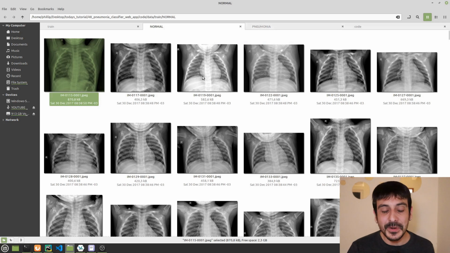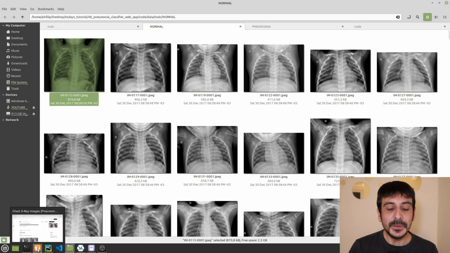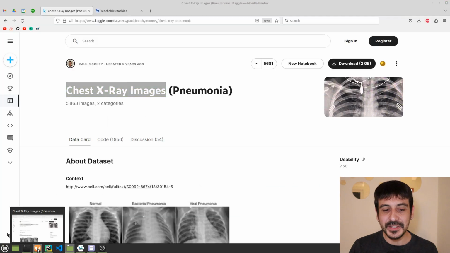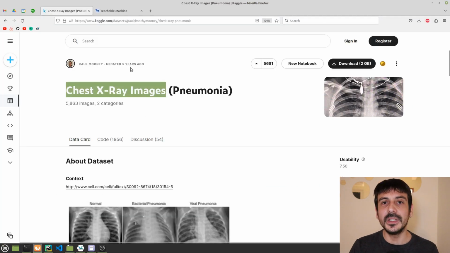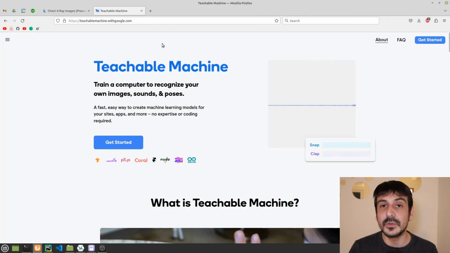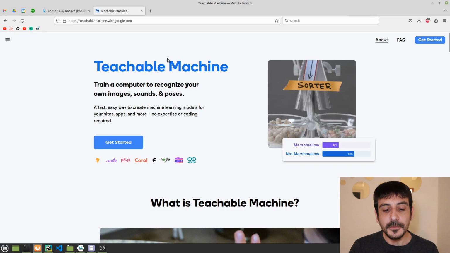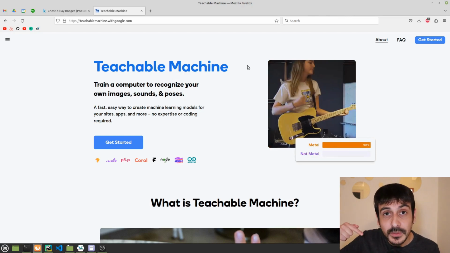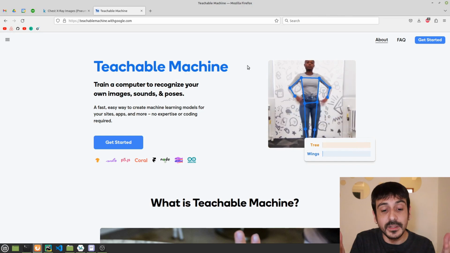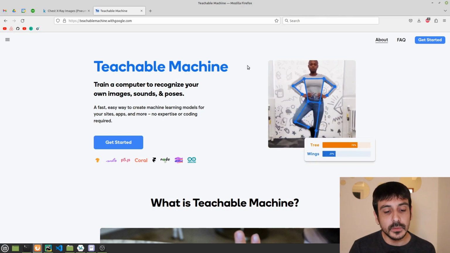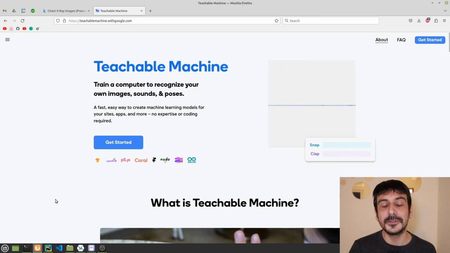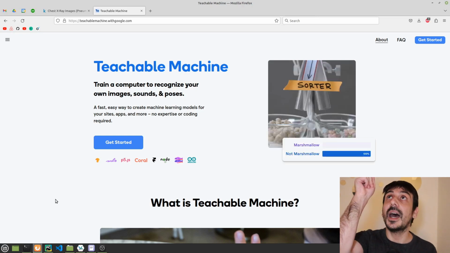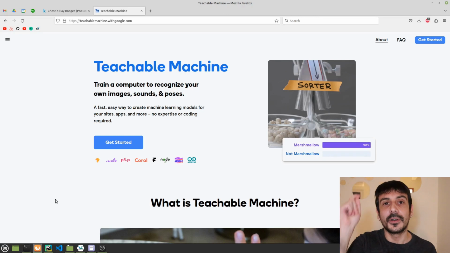So this is the data we are going to be using in today's tutorial, and I'm not going to show you the process of building this image classifier because I have already built it before starting this tutorial. I built the image classifier using Teachable Machine, using this website. If you're curious to know the process of building an image classifier using Teachable Machine, then I invite you to take a look at my previous video where I show you the entire process. Please take a look at that video. I'm going to be posting it somewhere over there.